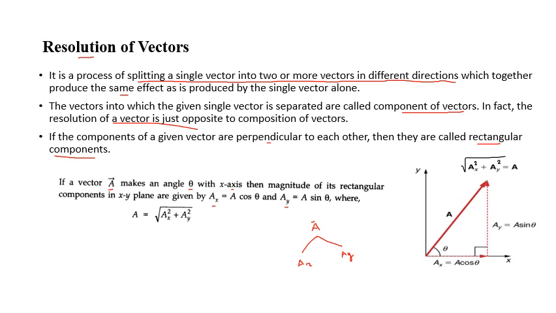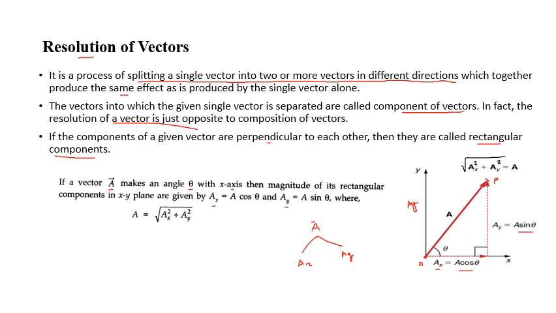This is your vector A from the origin to a particular point, let it be P. So this vector is A. I have written it with a bold letter, isn't it? So this is the representation of a vector. This vector A, we are going to divide into two components, Ax and Ay. Along the y direction, this is Ay. So what is Ax? A cos theta. And Ay is A sin theta.